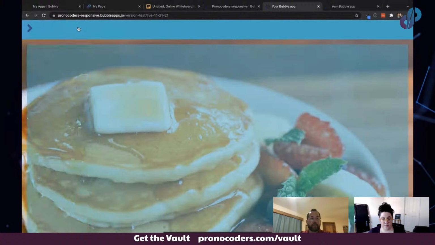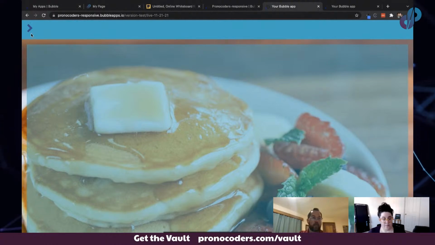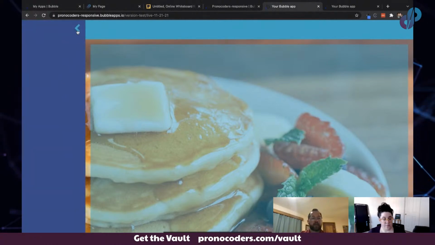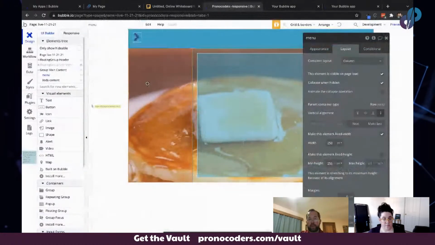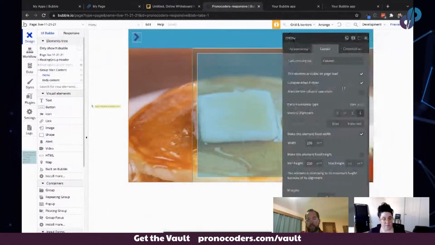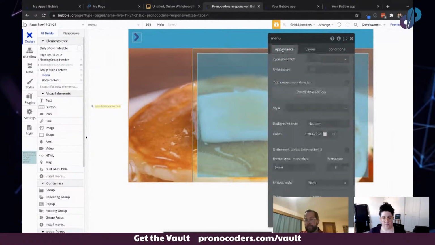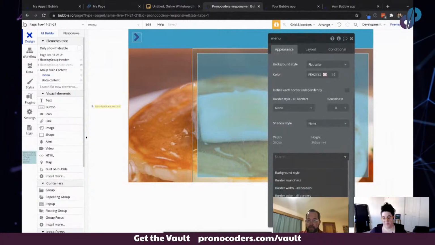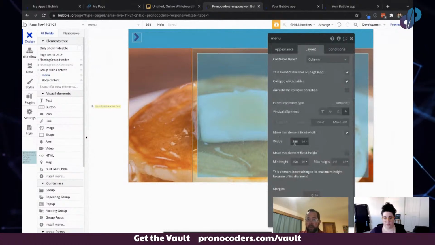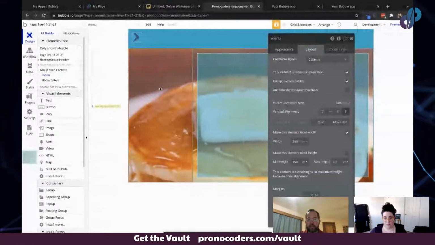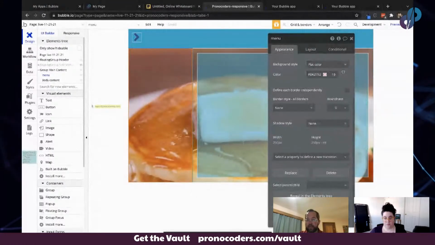Okay, so we have the collapse, but you can see what's happening is there's no animation with it, right? It's just there and then it collapses or expands all at once. It doesn't follow the menu that we have collapsing. So we're going to go actually back to this is an old hack from Bubble, and we have the ability to set transitions, but we do not have the ability to set transitions on an entire element, but we can set them on a border. So we're going to take this element and